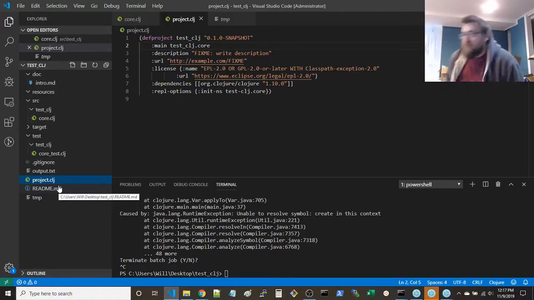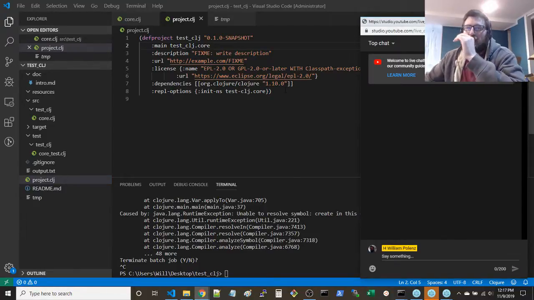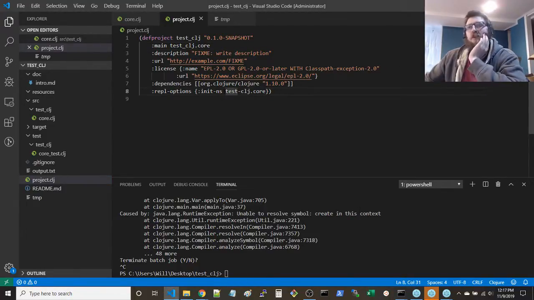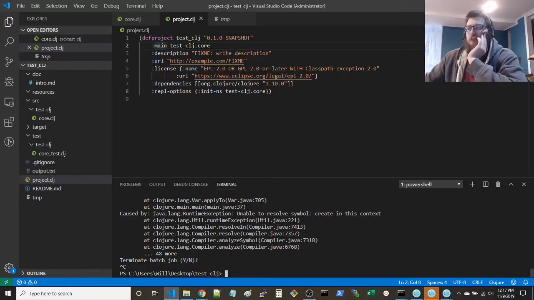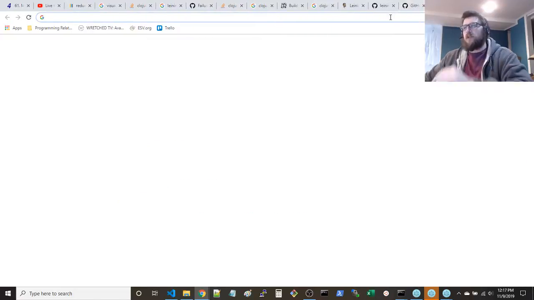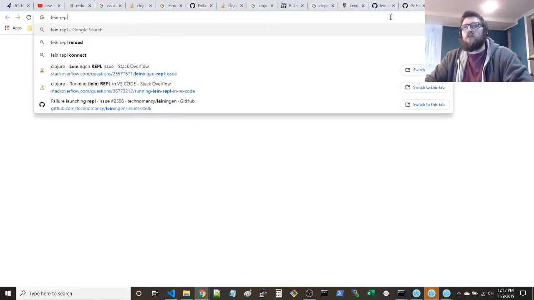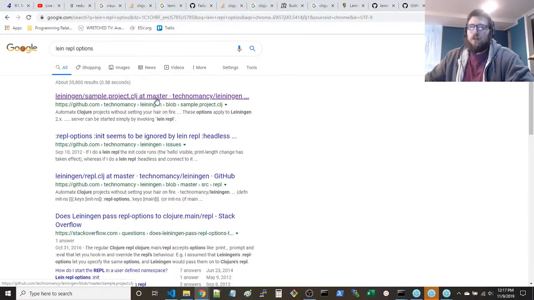Okay. Right, so, what the heck? REPL options, I got that, but, huh? Maybe it's the REPL options the issue? How about REPL? I'm landing in REPL options. Sample project.